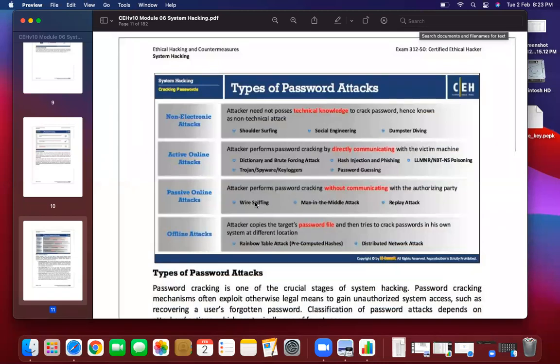So those examples include wire sniffing, then man in the middle attack, and then replay attack. And in offline attacks, if you have access to the laptop, then you can just use a rainbow table attack and distributed network attack. I will let you know what this is later.